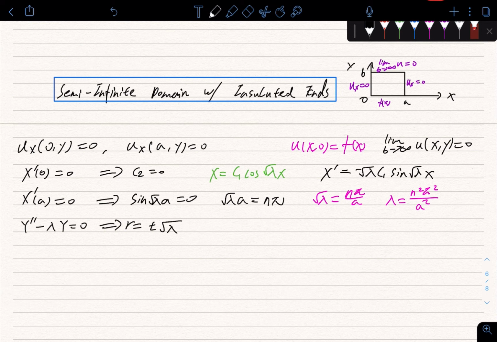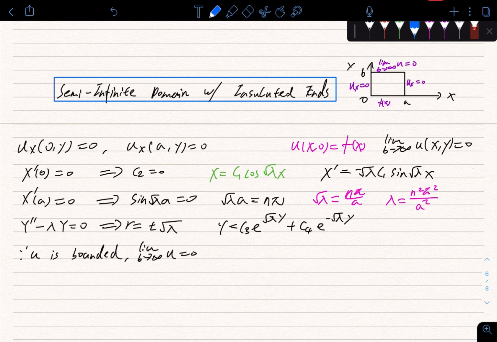It's always the same. y equals C3 e to the square root of lambda y plus C4 e to the negative square root of lambda y. And then again, because u is bounded, the limit as y goes to infinity of u equals 0. So that tells us